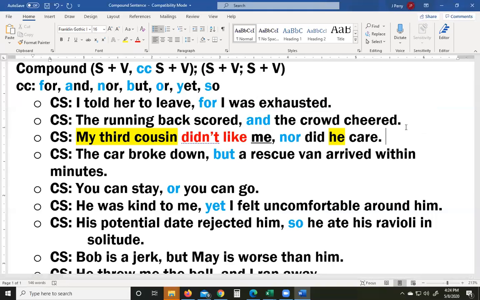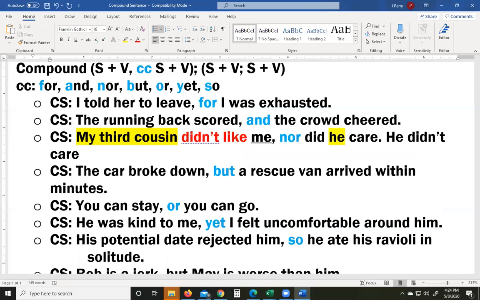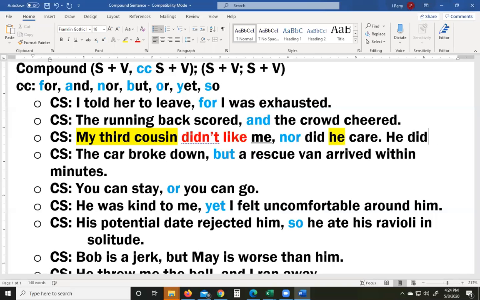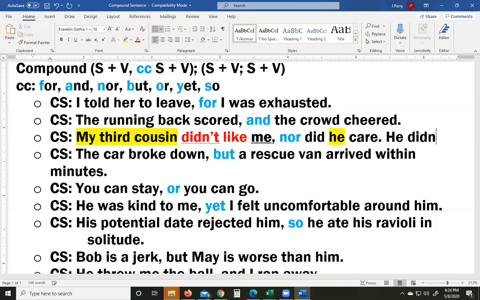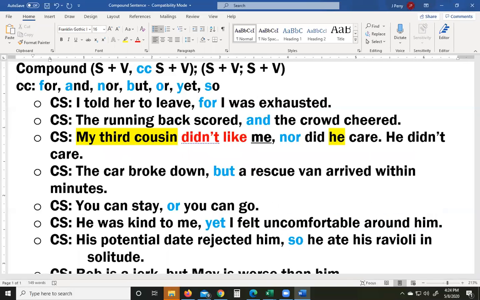That's the question, and that's what I'm going to cover in class, I think on Monday, but I'm going to try it here. So basically, if I were to write this, he didn't care, because I wouldn't write he did care, because that's not what it's saying. It's he didn't care. And if I were to write that sentence by itself, that's how I would write it. And the reason that it's that way is because right here,